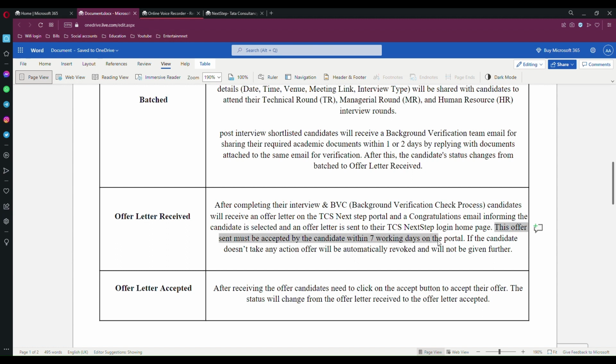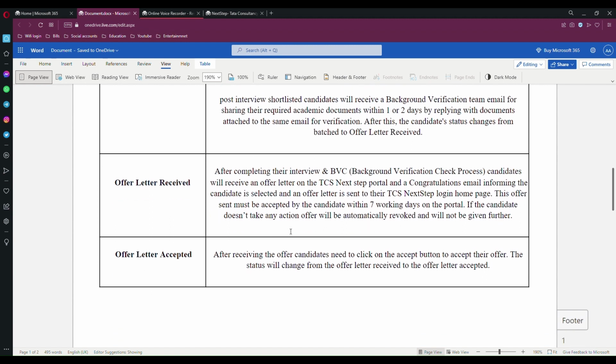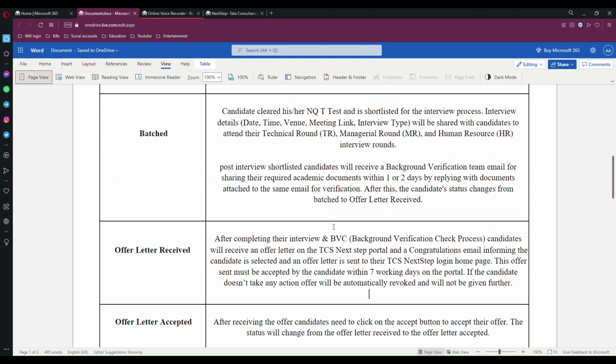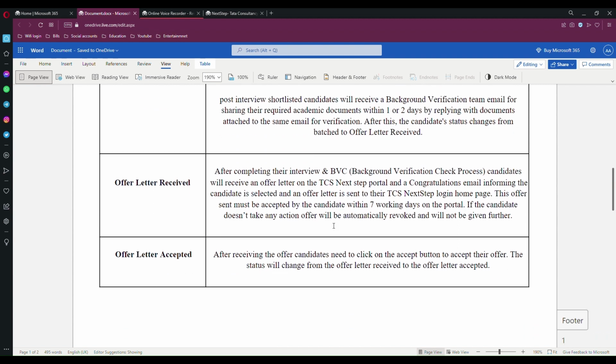This offer letter sent must be accepted within 7 working days by the candidate on the portal. If the candidate does not take any action on the offer letter sent, the offer letter will automatically get revoked, taken back, and will not be given further. So the offer letter will only be sent once, and it should be accepted within 7 working days by logging into your TCS Next Step portal. Staying connected with this TCS Next Step portal throughout the recruitment process is very important for the candidates